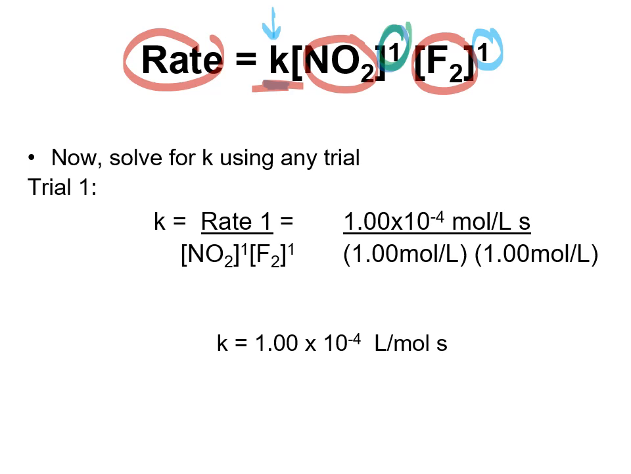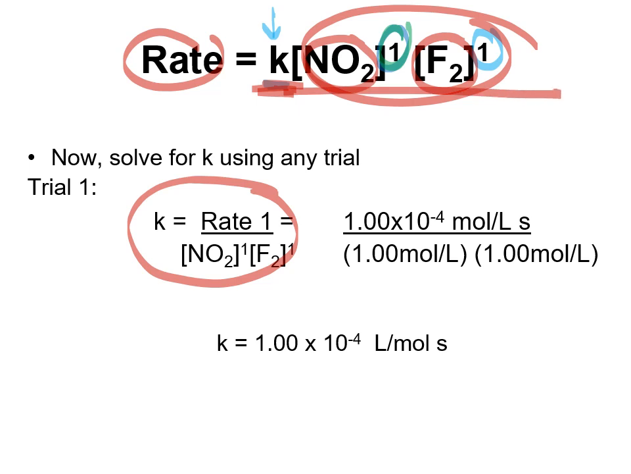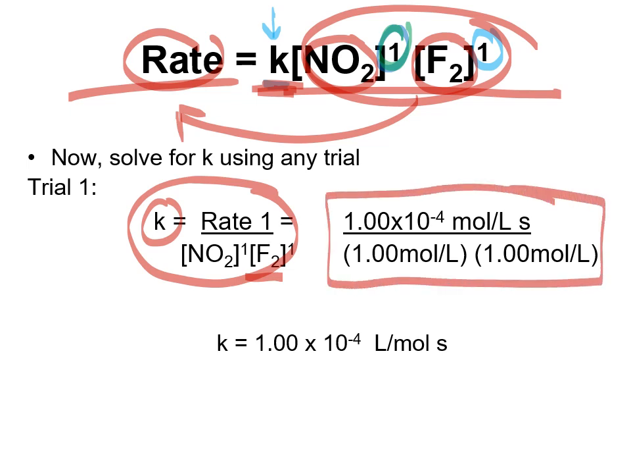Now, take a look at what we're doing here. So here's our one equation. I've rearranged for K, so I've taken this side of the reaction and divided both sides, so essentially I put it over here. So rate over NO2 to the power of 1 multiplied by F2 to the exponent 1 is equal to K. And then I have plugged in the numbers and say, okay, my rate for the first trial